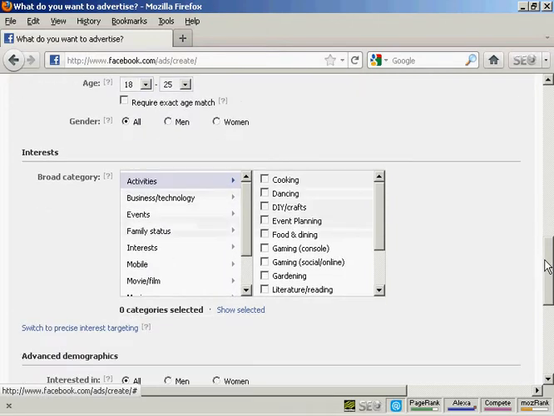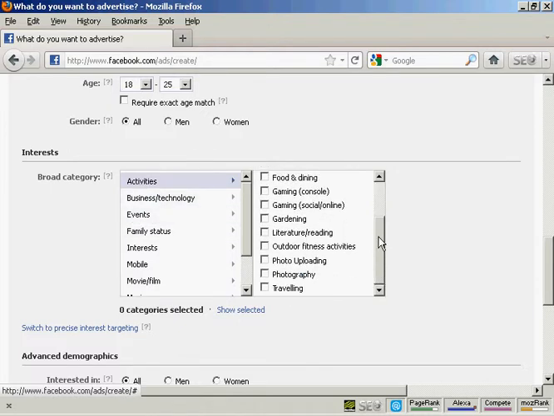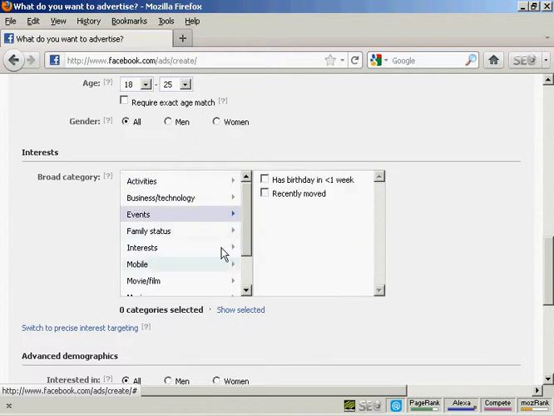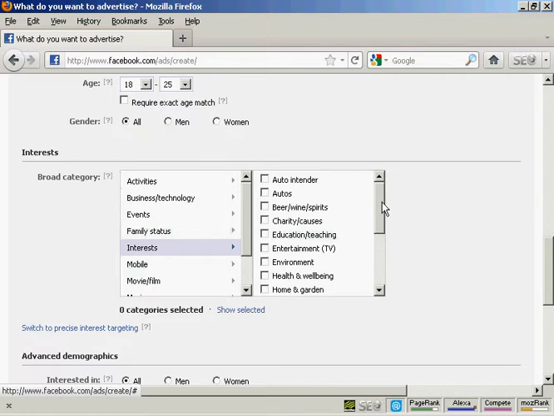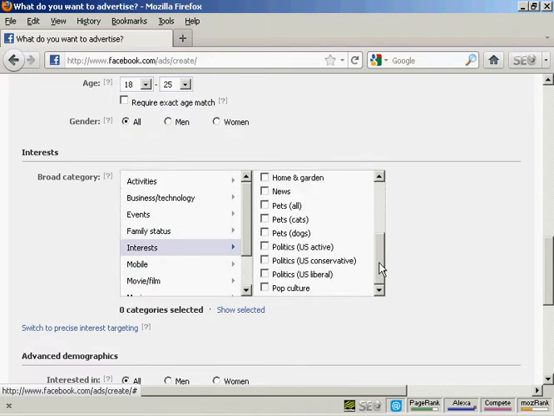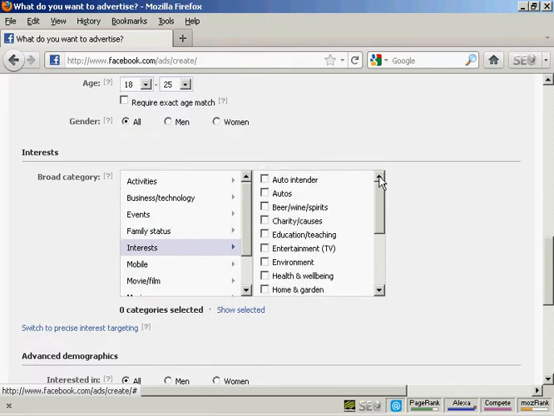And then you want to select a broad category to put this in. You can have activities, you can see you've got a whole lot here, or you can have events, interests, etc. There's a whole lot of ones that you can have here. I'm going to have entertainment, TV,